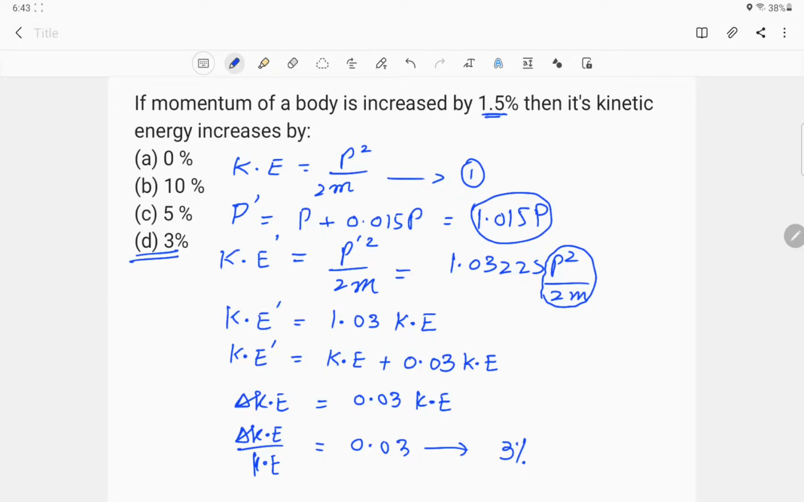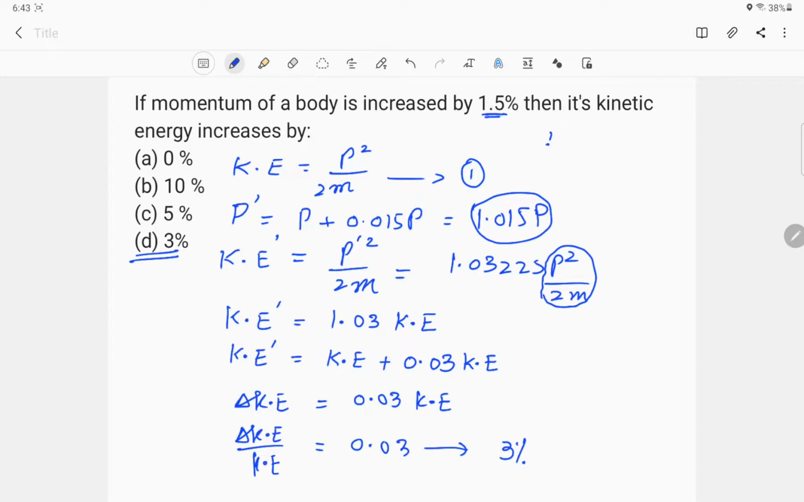And there is a short trick to solve such types of questions, and this is only valid for those in which one quantity depends upon the square of another, as kinetic energy depends on the square of momentum and the square of velocity. So we can apply this. There are actually 3 steps. Step number 1,